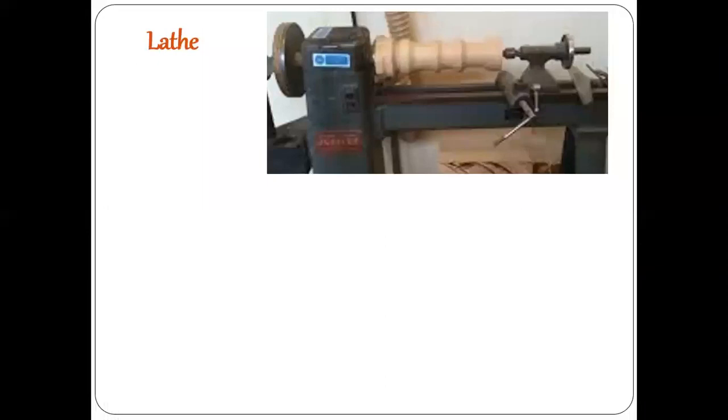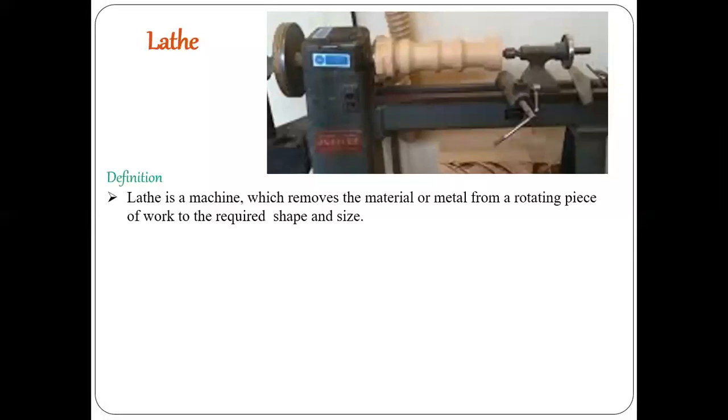So lathe. So what is lathe? I hope you are all aware about lathe. So lathe is nothing but a machine which removes the material. The material may be wood, plastic or anything. Metal means it's metal. So any kind of material, whether it's metal or wood or anything, it removes from a rotating workpiece to the required shape and size. So what we're doing in metal cutting, we are removing the unwanted material and keeping the wanted material in the required shape as well as required geometry. So lathe is also the same thing. Lathe is also one of the cutting machine tools, or one kind of machine where we remove the unwanted material from the required material.